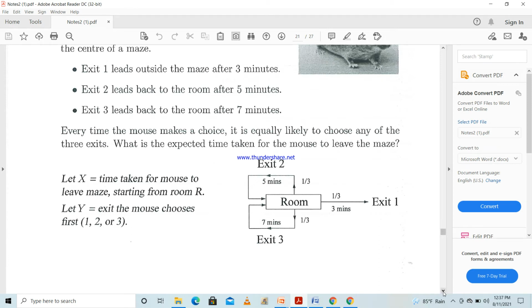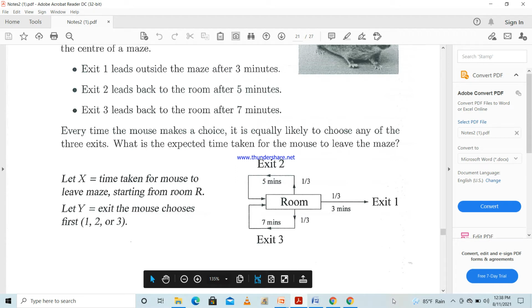We are interested in finding the expected time to get out from this room or from this maze. So we'll take X as the time taken for the mouse to leave the maze. You can see clearly, depending on the path, this expected time is changing. For an example, if this mouse selects exit 1 at once, he will take only 3 minutes